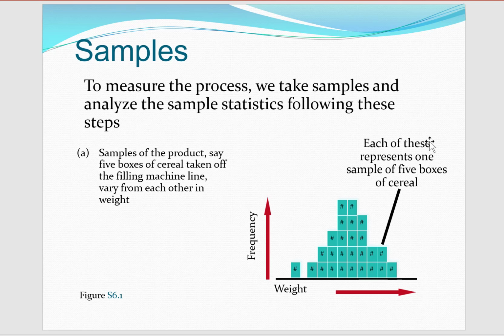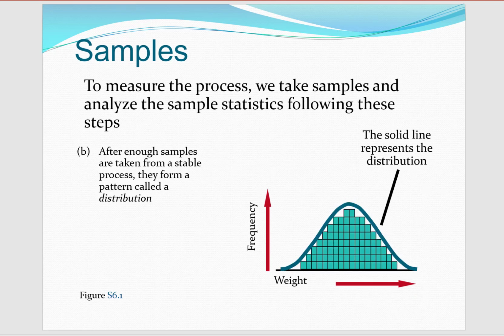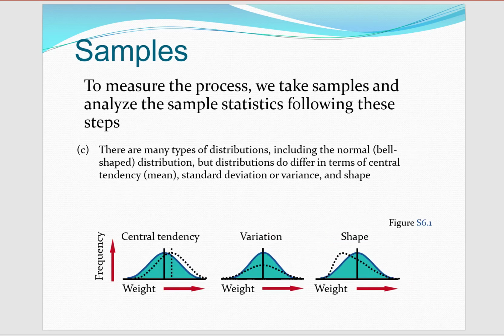And we average the weights of the 5 boxes, and we plot them. Eventually, after enough samples are taken, we get a shape for the distribution of the mean of the weight of the boxes of cereal. Now, this